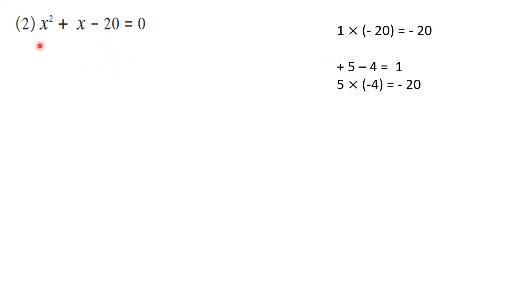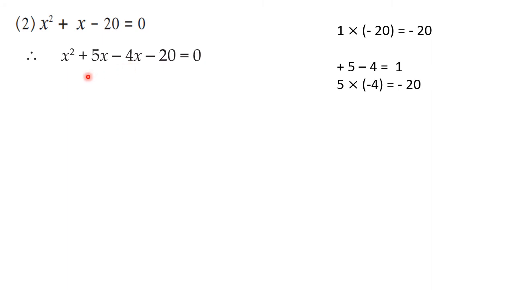Okay. So let us write down the next step. First term as it is, the middle term is split. Plus 5x minus 4x minus 20 is equal to 0. Now the next step is to group. This is the first group and this is the second group, and then taking out common. What you can observe here is that from these two terms, x we can take out common. And from these two terms, we can take out minus 4 common, because 20 comes in the table of 4.